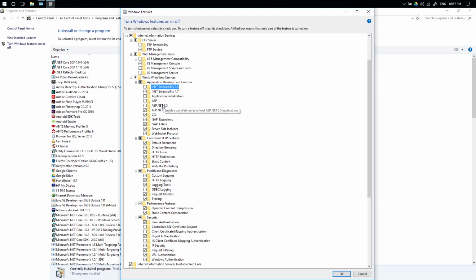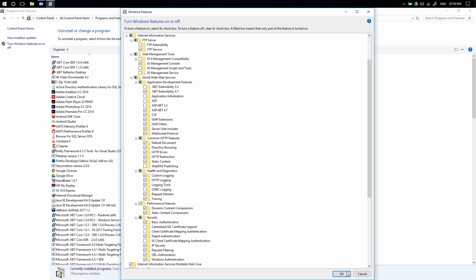Don't worry if you couldn't find ASP.NET 4.7 in your system. Just because I installed the latest version of .NET Framework, I have those options here. In such cases, you can select any version which is available above ASP.NET 3.5. ASP and ASP.NET are required only if you are going to host a dynamic website which is built using .NET Framework, and not required for static pages like plain HTML, CSS and JavaScript.